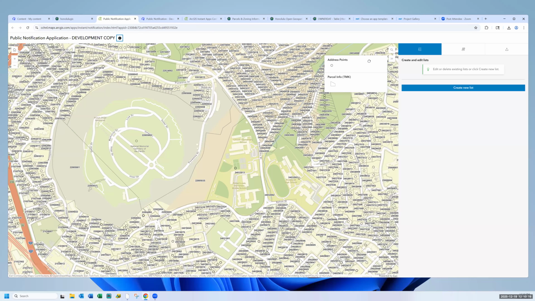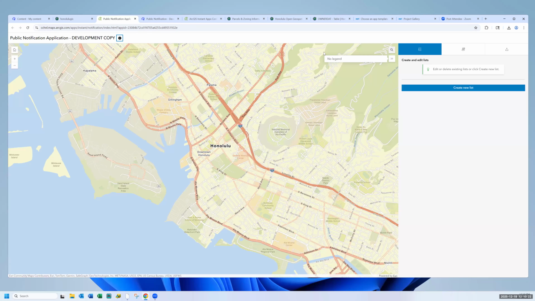So normally what people might do is open the search panel. And if I expand it, right now our default search is to look at all the layers that we have available in the instant app. So that is an Oahu Island locator, which is basically the Esri geocoder, except we've limited the scope of it to just the island of Oahu because we have had instances in the past where if we just use the Esri geocoder, it will pick results from other states.